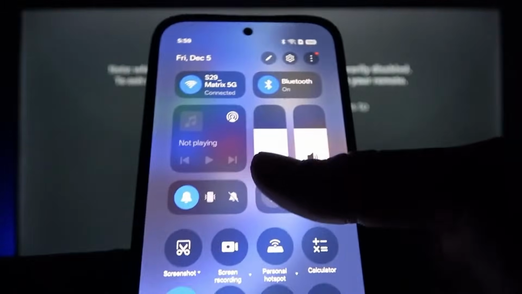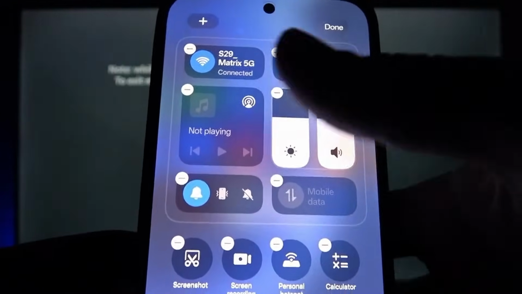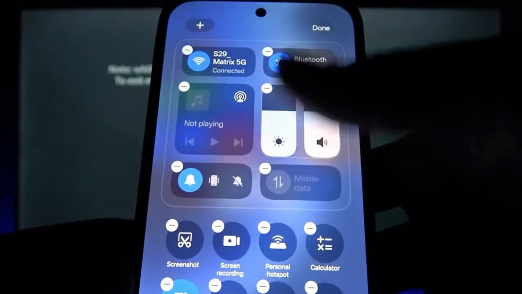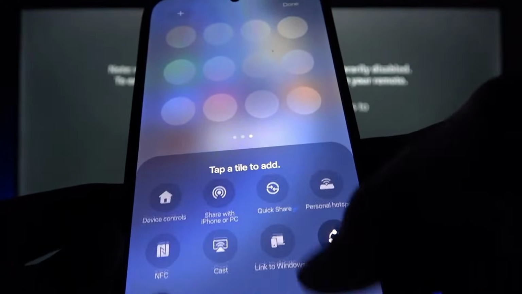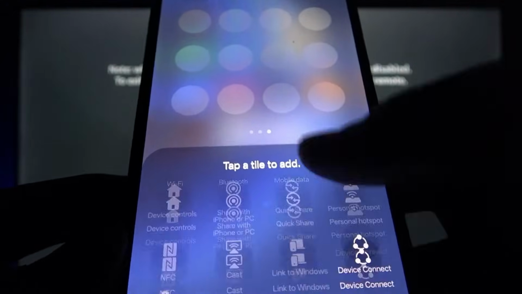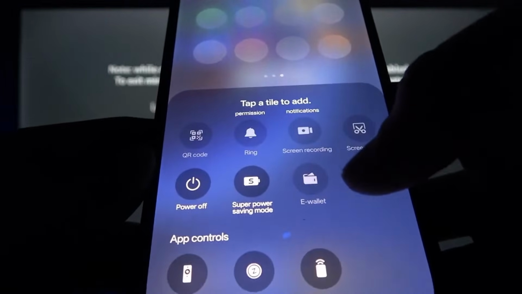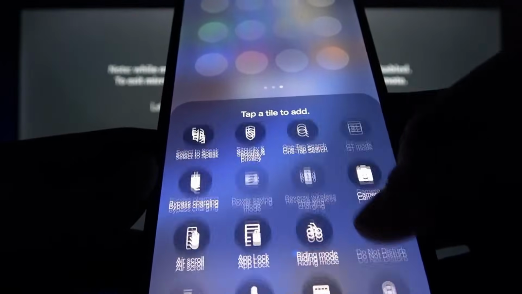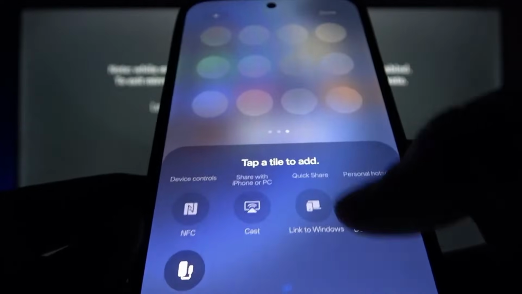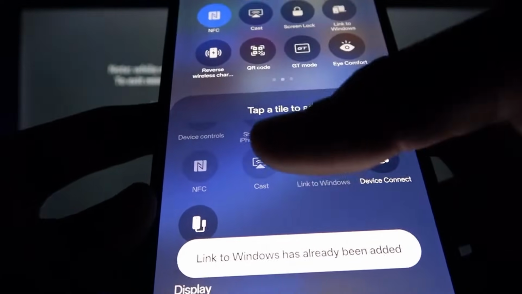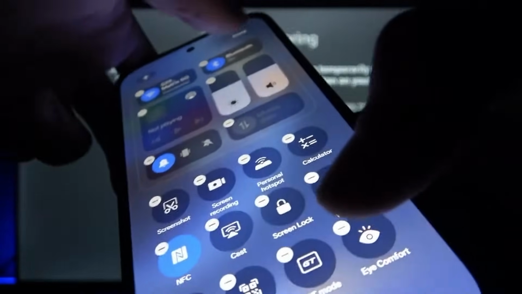If you don't see this tile, if you don't see this setting, you have to tap on either the pencil icon or the plus icon, then add another tile, and locate this setting right here. Usually it's added from the beginning, but sometimes you're gonna have to do it manually. So let's find it, here it is, cast option, and as you can see it's already added to the screen. So let's tap on it,